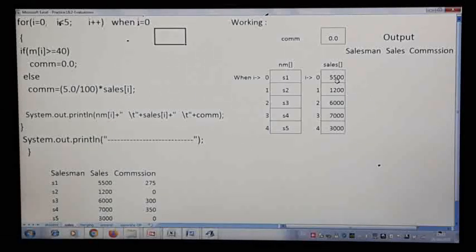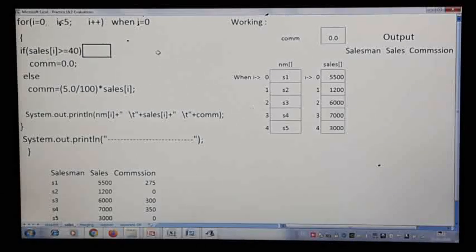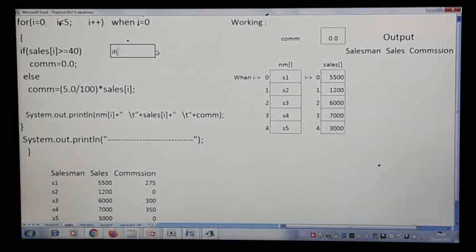Now 5500 for the first time when I is pointing to 0. So sales we are checking here. For your reference, I'll write the evaluation of this if condition. It comes as: if sales of I, pointing to 0, how much is stored here? 5500.